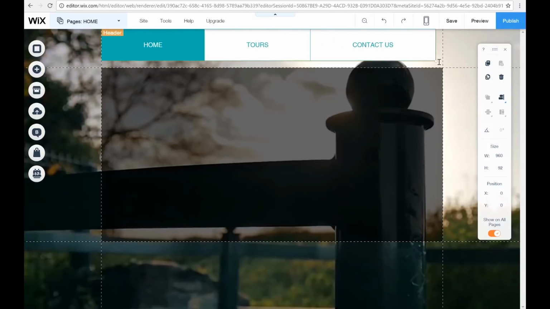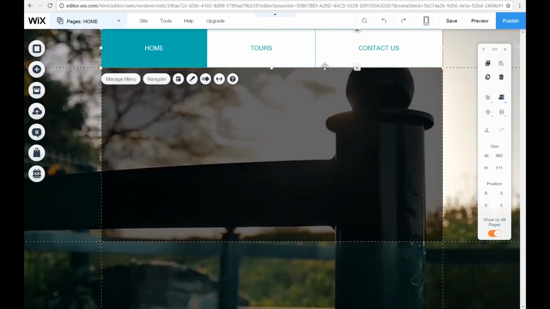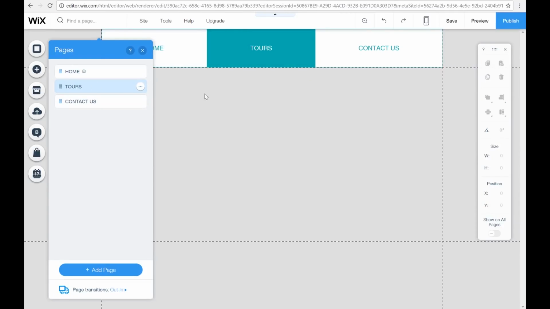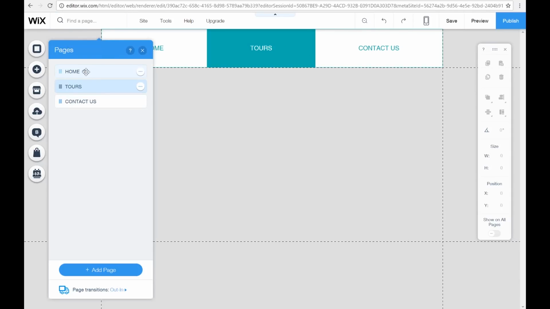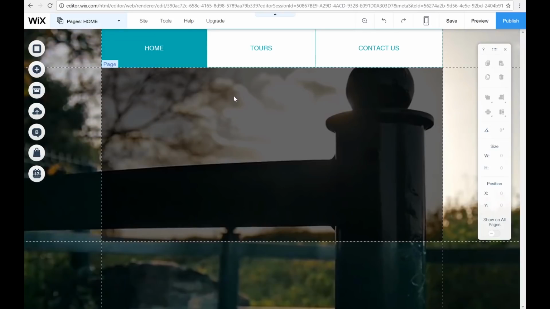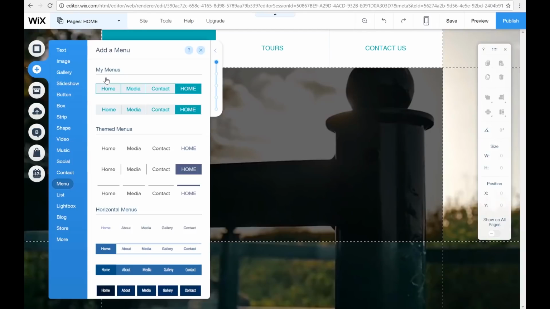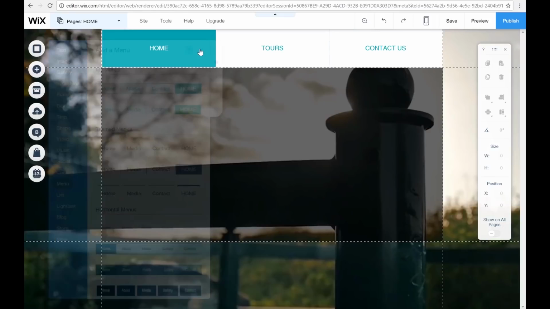If we use the button in the bottom right corner to stretch our menu, we want to fill the header with it, and anything that's in the header will appear on every page. So if we just click on the tours page, as you can see, it's on the page. It would be the same for contact us as well. So we're going to stay on the home page for the moment. I also forgot to mention that to get it there, we just hold down the key over our menu and drag it in to the canvas.